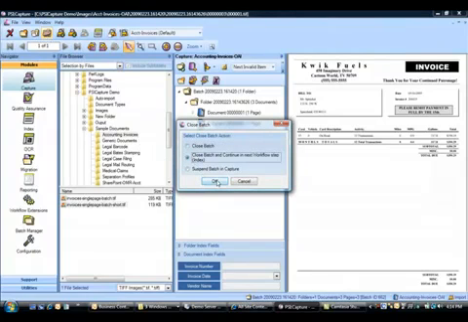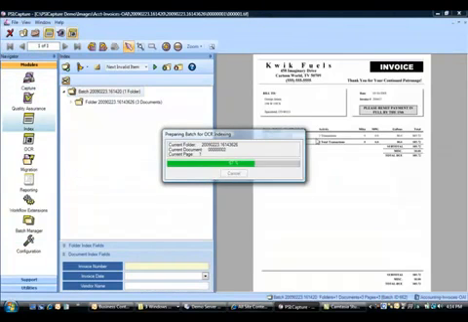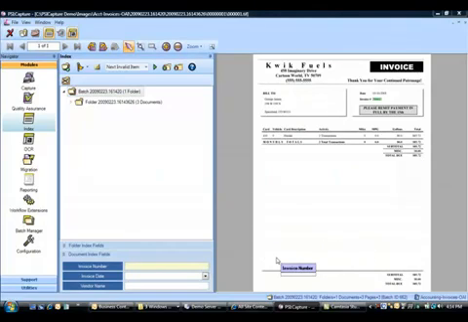Let's go ahead to the indexing. What the software is doing right now is it's actually converting the pages to searchable text, and then it's going to highlight some key terms that I've looked for. In this case we're going to capture the invoice number, the invoice date, and the vendor name. You can see that on my mouse I've got tagged to the pointer my first field, which is invoice number. I pre-programmed the software to go ahead and highlight the invoice number, which is a 6-digit numeric, and when I